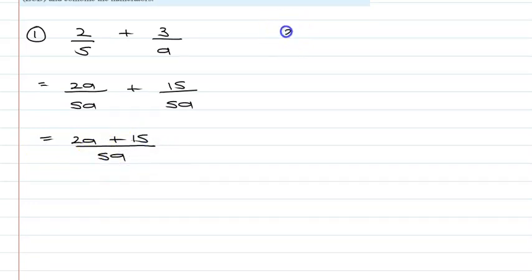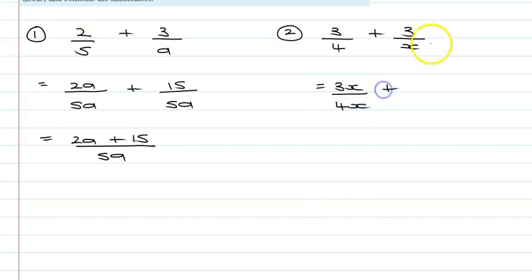Okay, now let's look at another one, very similar scenario. So we're going to look at 3/4 plus 3 over x. Now in this case, I need to multiply this fraction by x and this fraction by 4, making sure that the denominator is 4x on the bottom. So doing that gives me 3x over 4x. Plus, now I'm going to multiply this whole fraction by 4, so that I've got the 4x on the bottom, 12 over 4x. Now I can combine the top together to give me 3x plus 12 divided by 4x, but